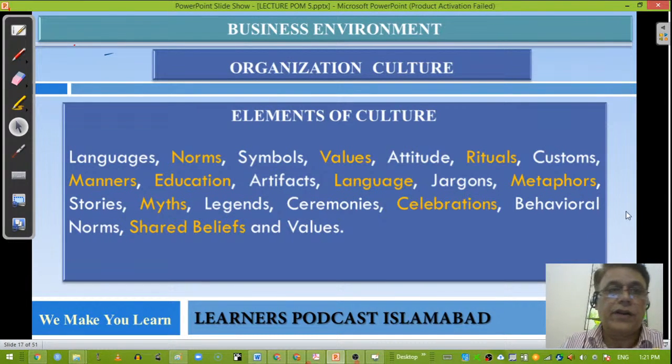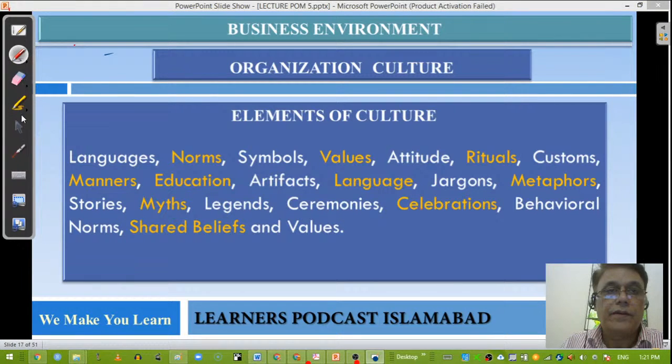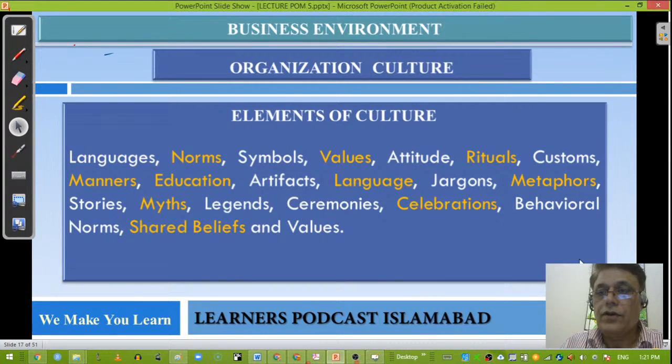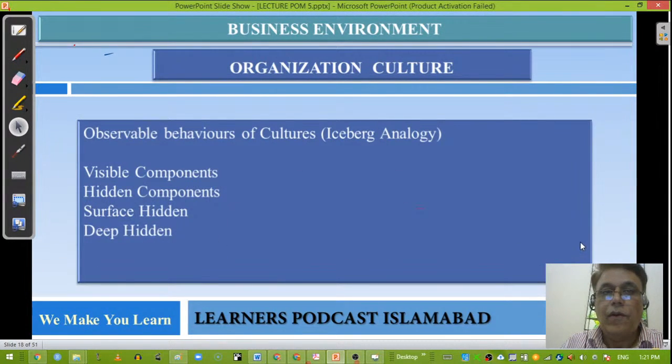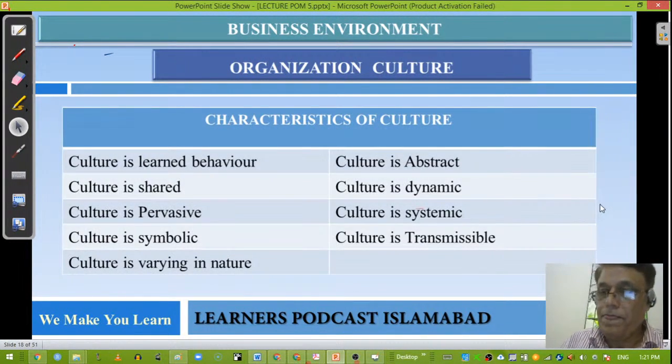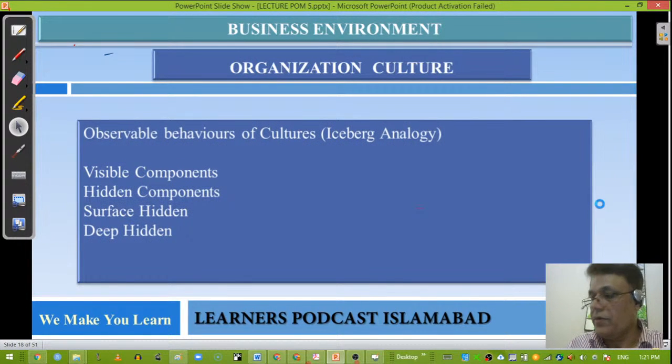Okay, another perspective of understanding the management environment is the observable behavior, the iceberg analogy. This is also very interesting and very useful to know about the culture. So an iceberg is basically